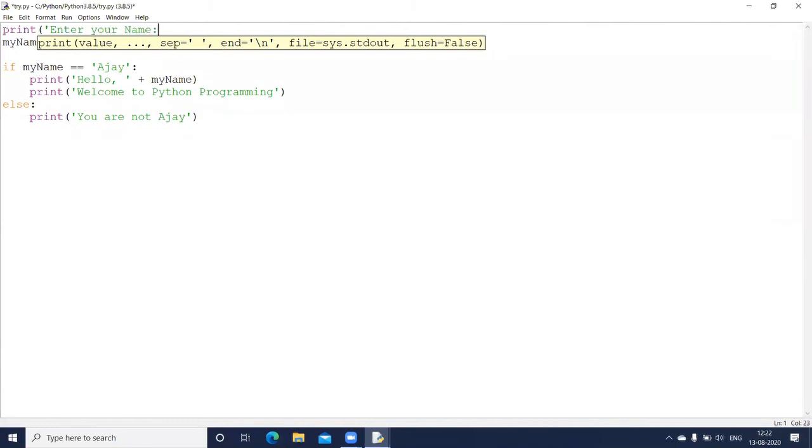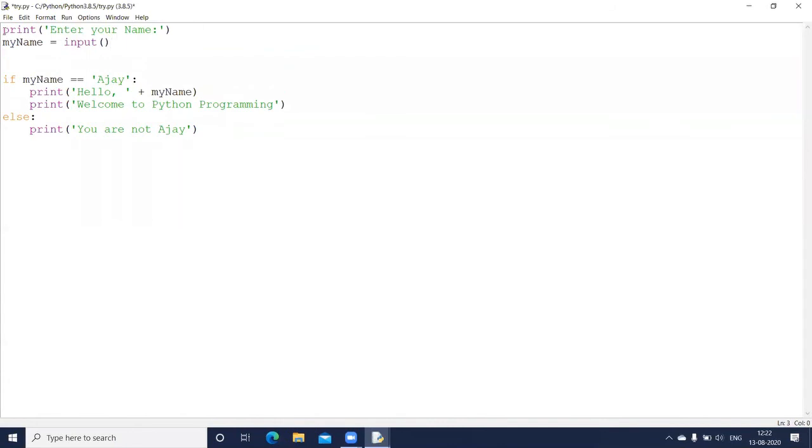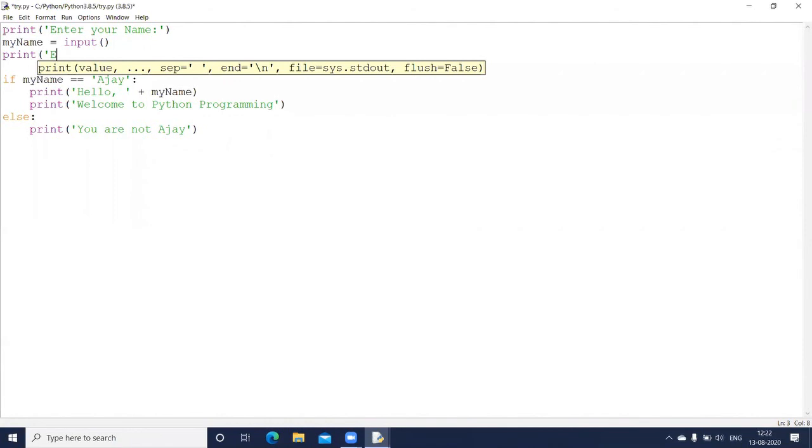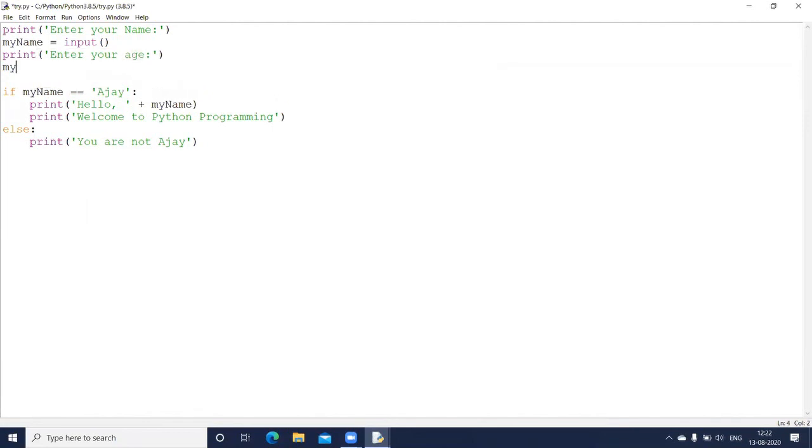The user enters the name. After that, I'll take the age from the user. Enter your age, right? And let us write my age equal to input. Complete the round brackets.